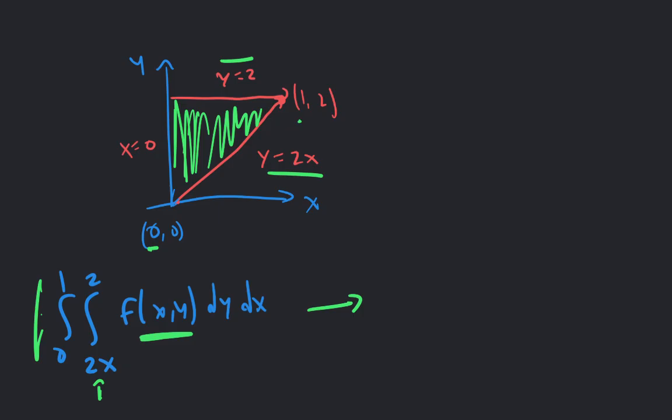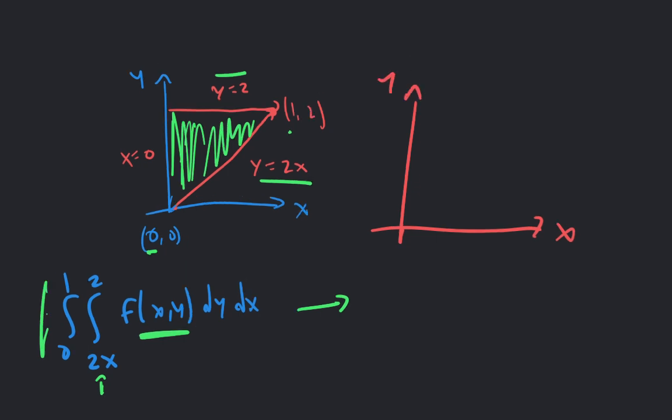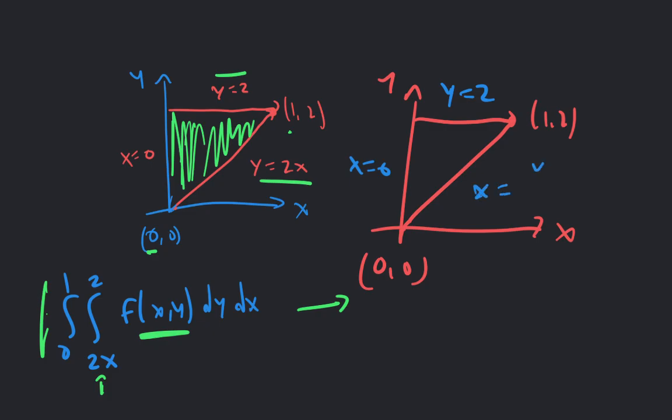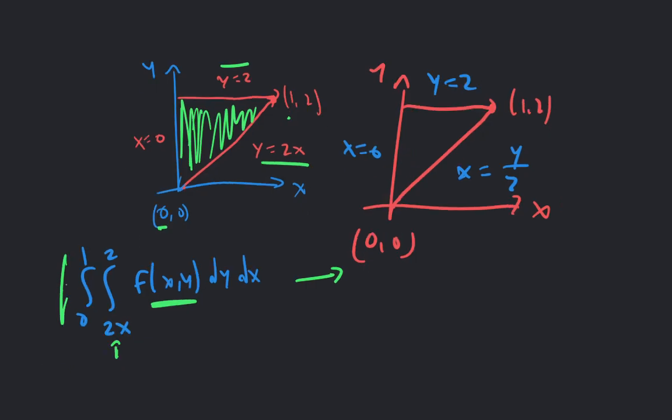So we would just have to write the lines now a little bit differently. We're still essentially doing the same thing, but now y is equal to 2x. We just solved that for x, so x is going to be y over 2. So now when we do this, we're going to have 0 to 2 for our y bounds. We put dy out here, and now on the inside we're going to have y over 2 to